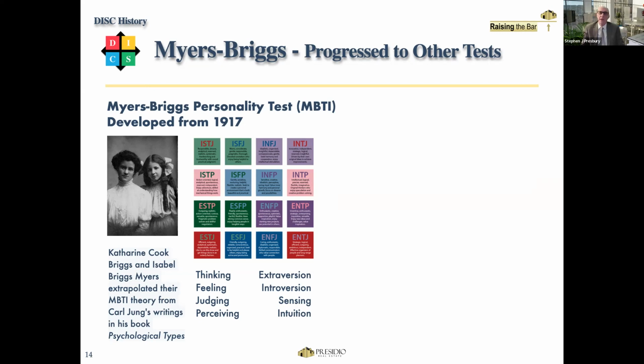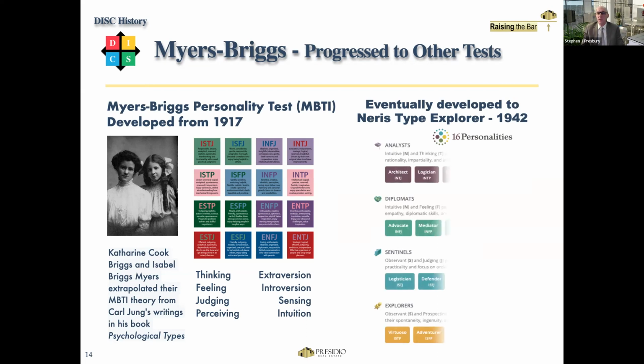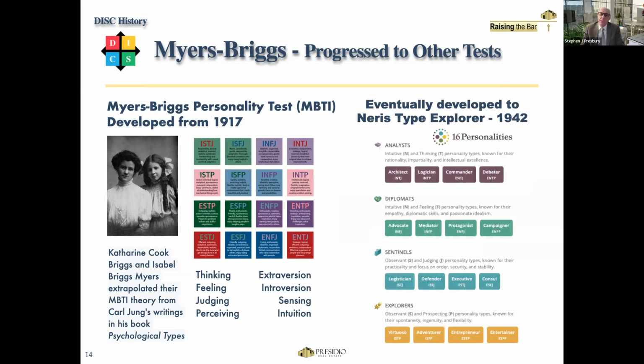So what we've got here is the basis of the Keirsey Temperament Sorter that was done in 1942. You may recognize that little icon if you've ever searched for personality styles. These fit into 16 different categories based on these 4 different platforms of analysis: diplomats, sentinels, and explorers. And that still is around today in various forms.